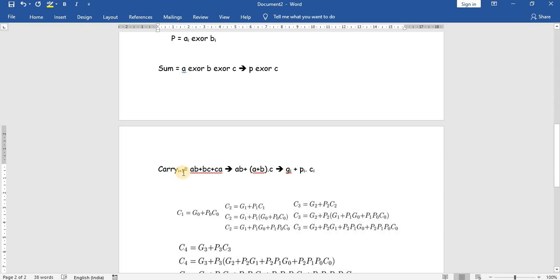We are doing it for the first stage, so consider i as 0. So for 0 plus 1, C1 is equal to G0 plus P0 into C0.